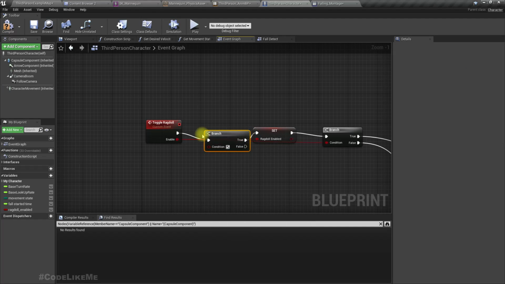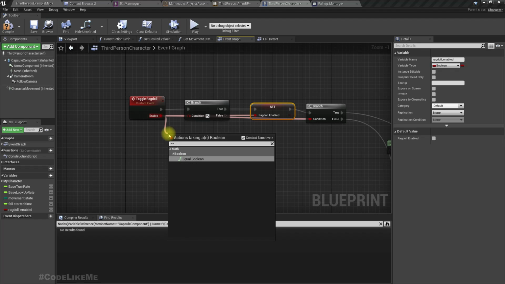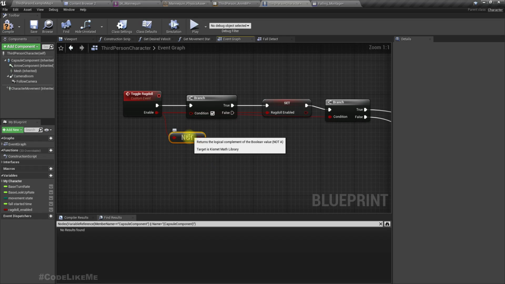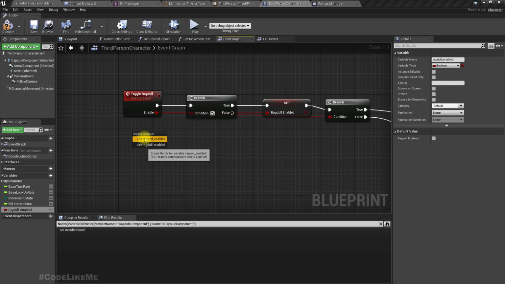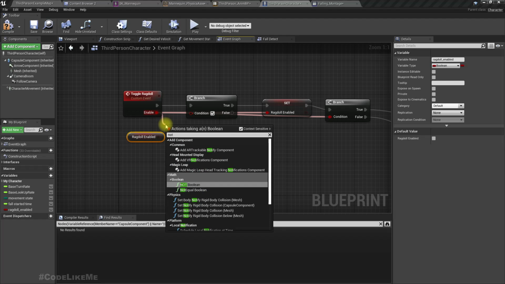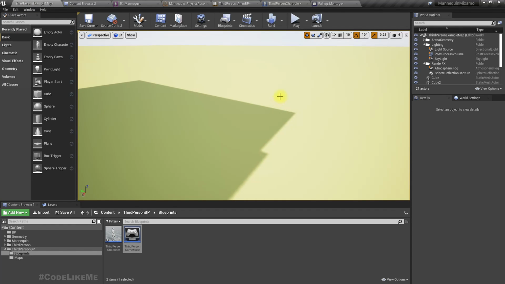Let's add another branch, and we should continue only if this one is not equal to the current value in the ragdoll. That means if the ragdoll is enabled, we shouldn't enable it again. If the ragdoll is disabled, we shouldn't disable it again. Not equal to this one. Now it should be fine.